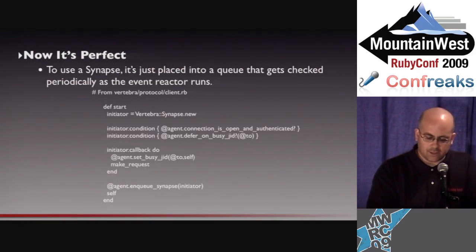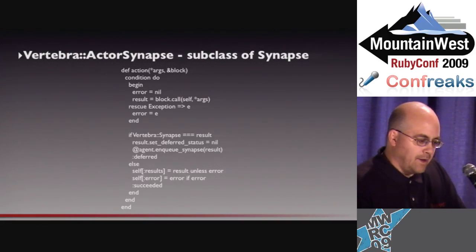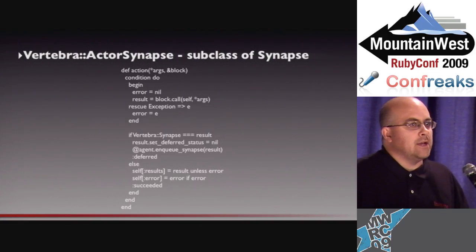And then if those two conditions are met, then we fire off the callback. And it's as simple as that. It makes it really simple to define future units of work that may or may not get executed depending upon a set of conditions. And by using the same thing, it also makes it possible within the agent framework to